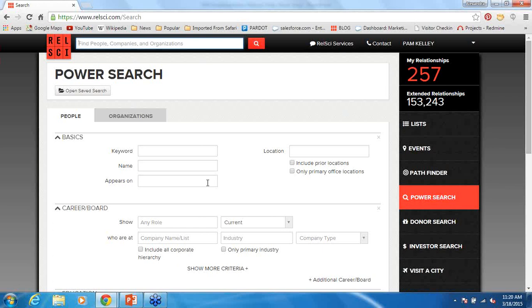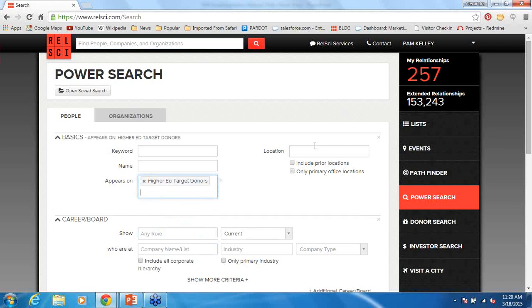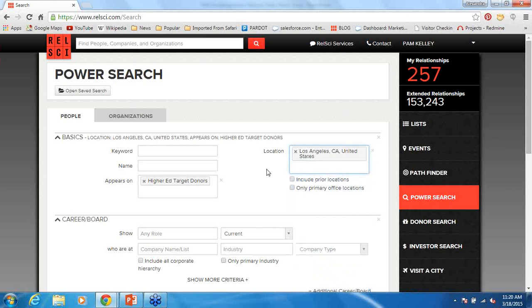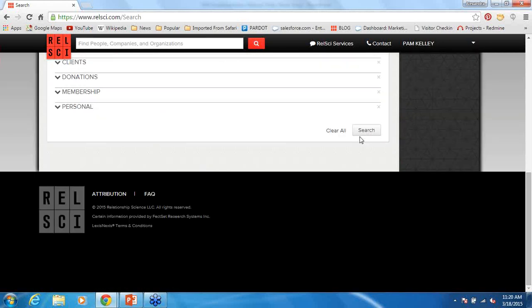Let's say I'm planning an upcoming event at my university, and I want to only invite people that are within the LA area. So what I would do here is, let's say I have this list called Higher Ed Target Donors, and I'm looking for people that are based in Los Angeles. This will look for people that appear on this list right here that are located in LA. And when I click search,